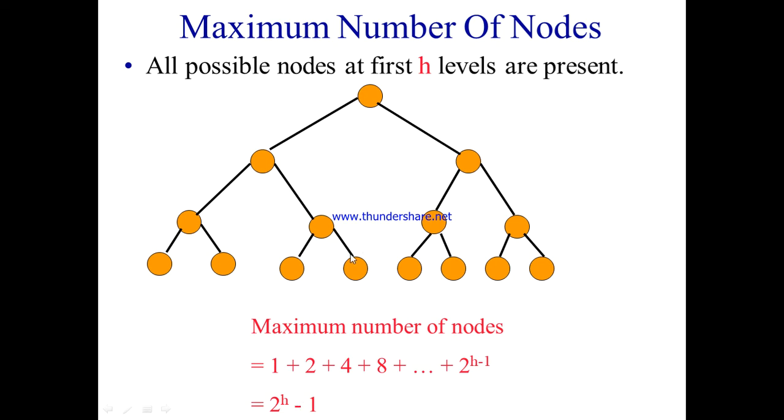So when you go for competitive examinations also, there will be one question on this thing: how many maximum nodes with level h or something, right? If h is given as 8, then what will it be? 2 power 8 minus 1. So you should be able to answer this question, right? That is the maximum number of nodes.